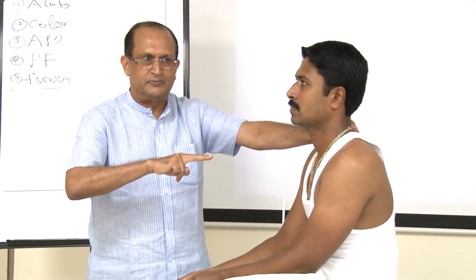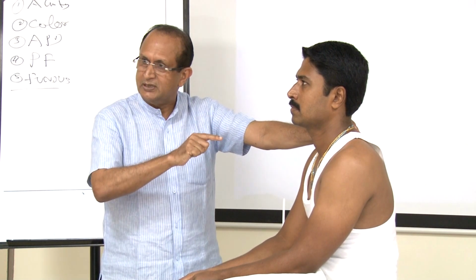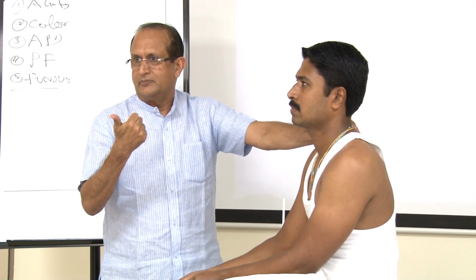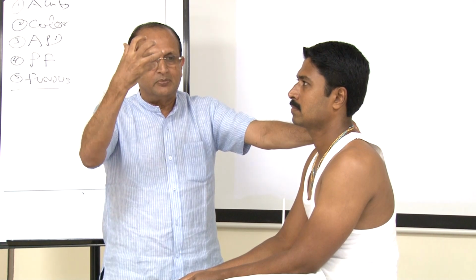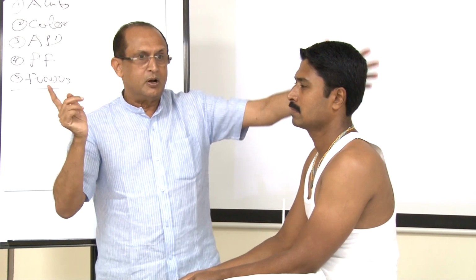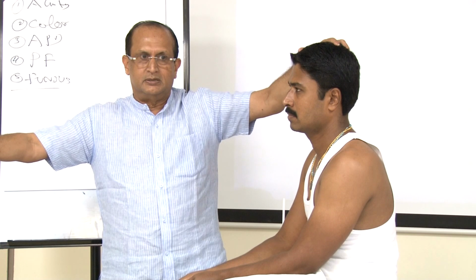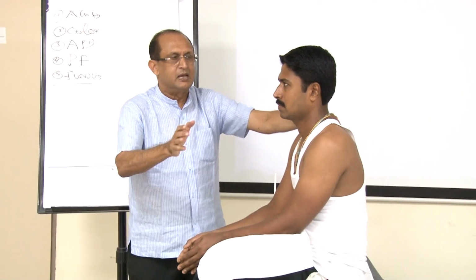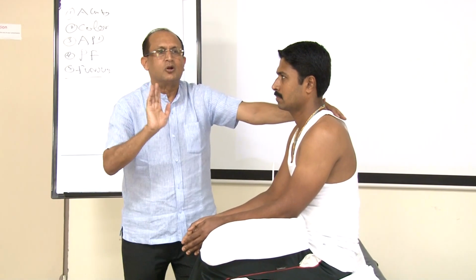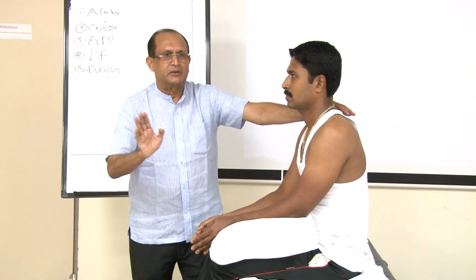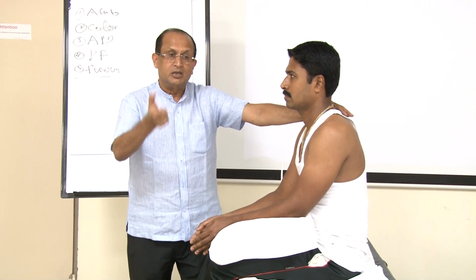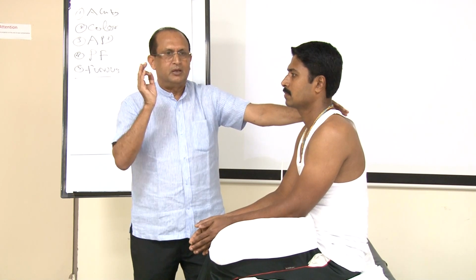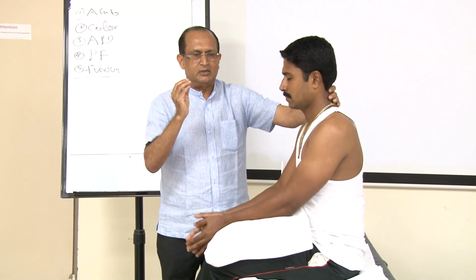But the reverse can occur. The accommodation reflex can be present and the light reflex absent in Argyll Robertson pupil or a midbrain lesion. So if you ask him to look at a distant object and the pupillary reflex is present, then don't waste your time on accommodation. Accommodation will be present, because accommodation is more powerful than the light reflex. And a little bit of anatomy of the light reflex.